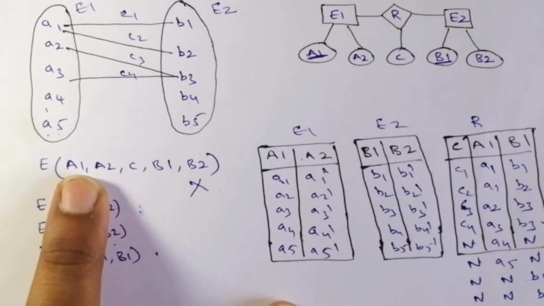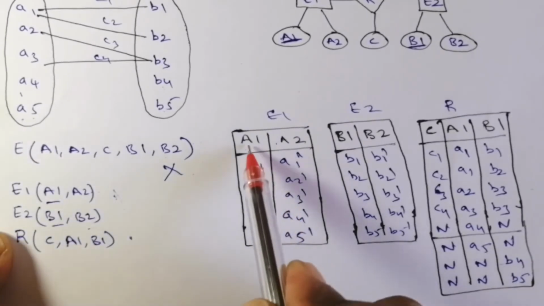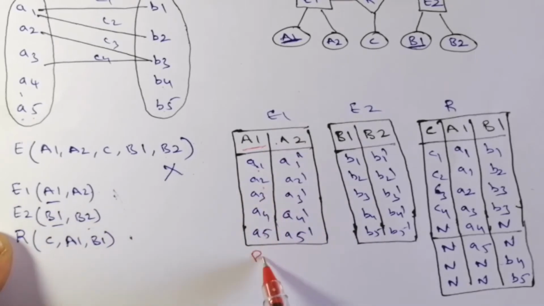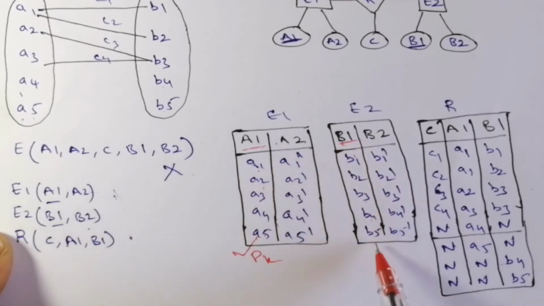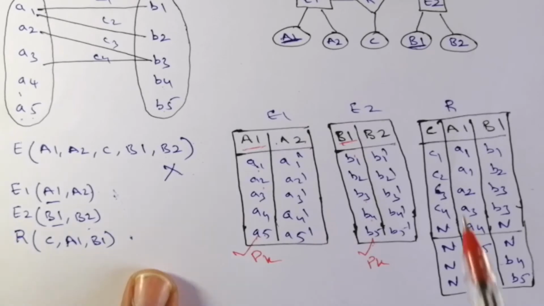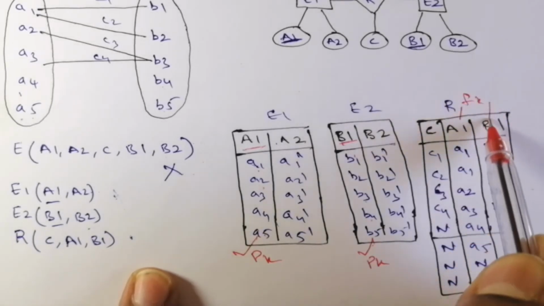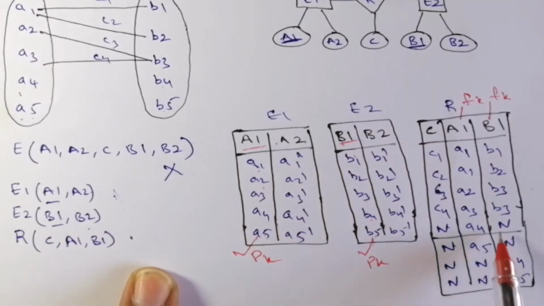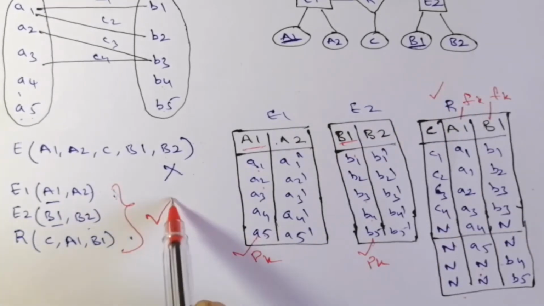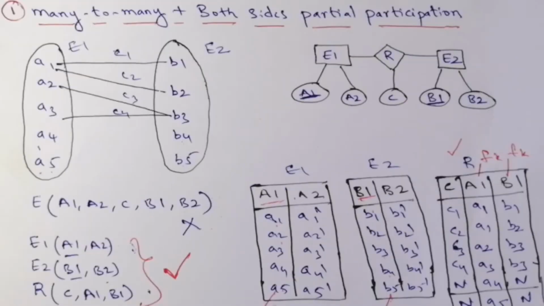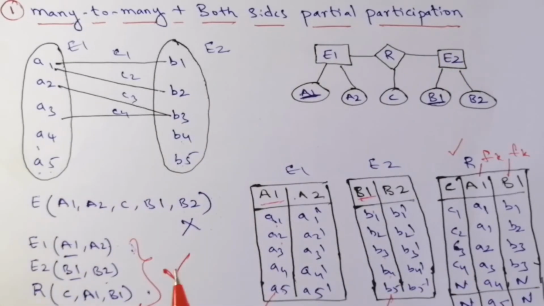Now if we check for the primary key, a1 is one primary key, a1 a2 a3 a4 a5, the primary key is okay, right. And on this side b1 is the primary key, b1 b2 b3 b4 b5, the primary key is okay. Now here a1 and b1 are the foreign keys, which means they can have null values, so it's not a problem. So this is also okay. Automatically this particular test case is okay. That is, when we have many to many and both sides partial participation, we are going to divide into three relations. I have left this particular case to you. You can check it yourself, right.